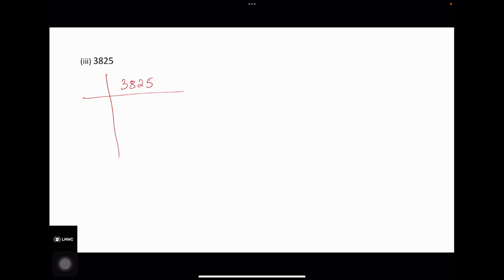3825. So the last digit being 5, so it has to be divisible by 5. So 5 times 765 is 3825. Then again the last digit is 5, so it will be 5 times 153 is 765. Now the last digit is number 3, so it will be divisible by 3. So 3 times 51 is 153. So 51 is again divisible by 3. So 3 times 17 is 51. And 17 times 1 is 17. So therefore,